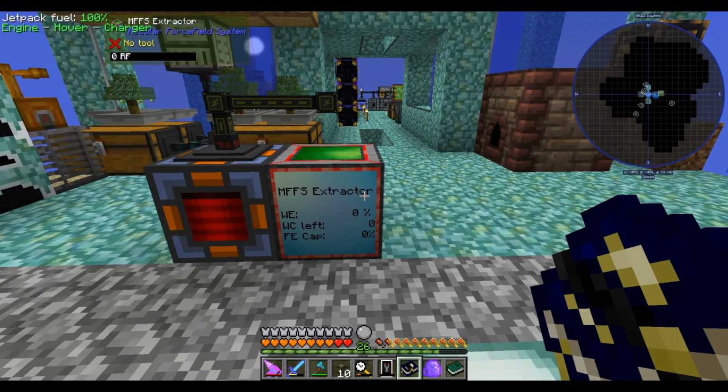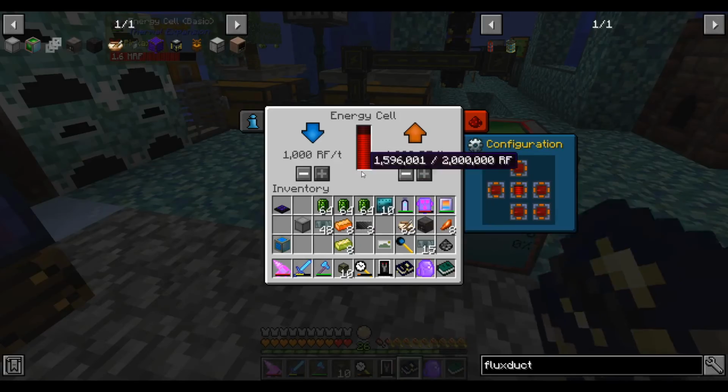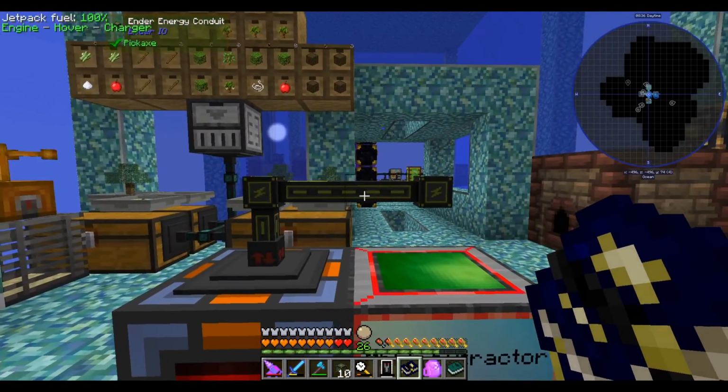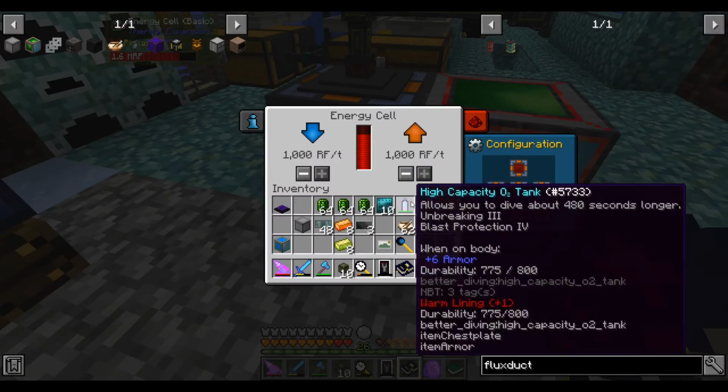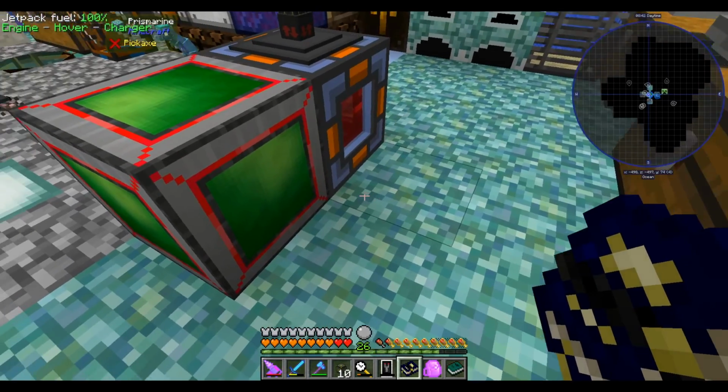So I'm a little stuck. The quest here says Ender IO conduits, and capacitors seems to disagree with it. All right, so try using a power cell. I guess that's why it gave me one. But the power cell, well, it was full when I placed it down. It's drained a little to charge the conduits I placed there. But all sides are set to output, and